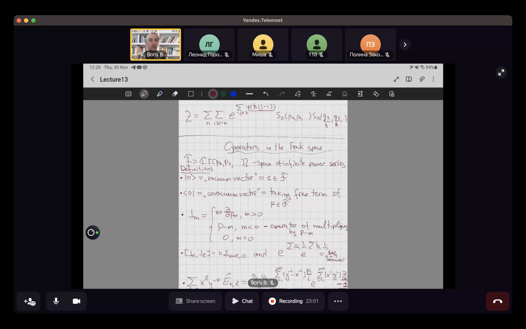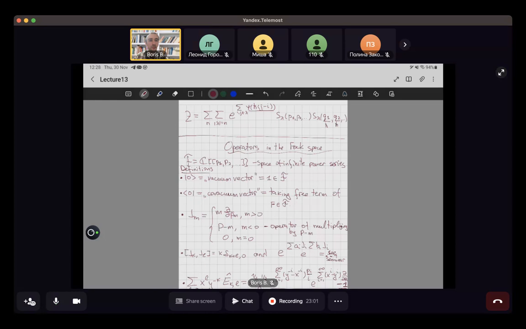Psi of some variable theta is any formal power series, the sum of c_k theta^k. And then in the case of, say, simple Hurwitz numbers,